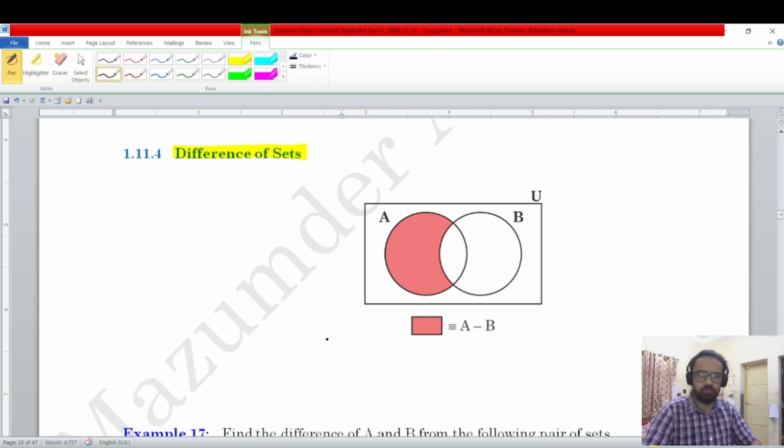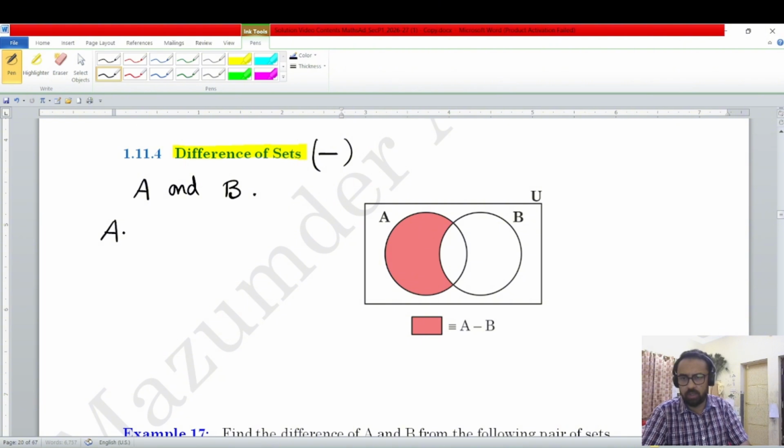Now what is difference of sets? Difference of sets is denoted by this symbol, minus. Okay, this is the symbol used for difference of sets. Now suppose two sets A and B. If we want to find out the difference of B from A, that is A difference B, then what is